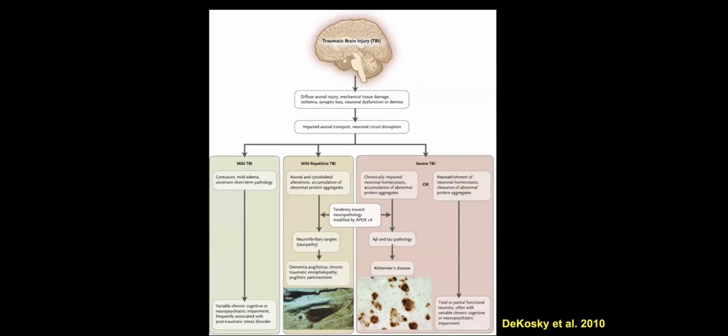And to go more into the idea of how traumatic brain injury can give rise to Alzheimer's pathology, we know that mild traumatic brain injury can give these variable post-concussive symptoms. And of course, mild repetitive TBI or moderate or severe TBI is more tied to Alzheimer's disease development, including these abnormal amyloid and tau plaques that we can note as well. And if somebody has a pre-existing genetic risk for Alzheimer's disease, such as the ApoE4 allele, of course, that will add on and increase the vulnerability to the traumatic event and thus the subsequent Alzheimer's risk.